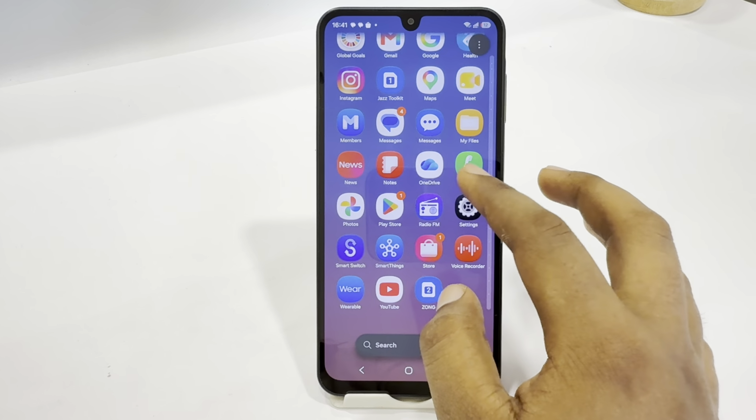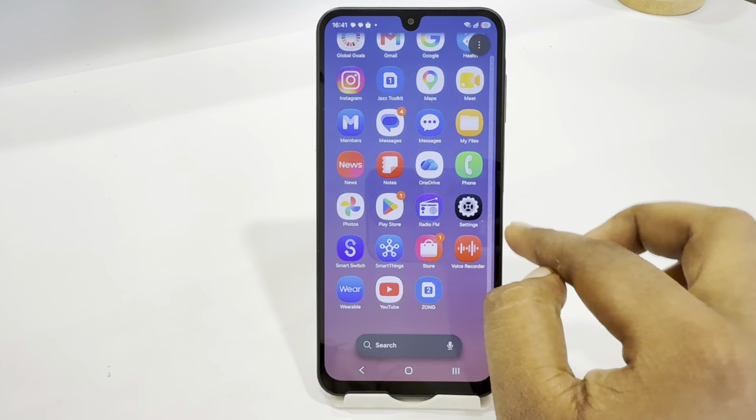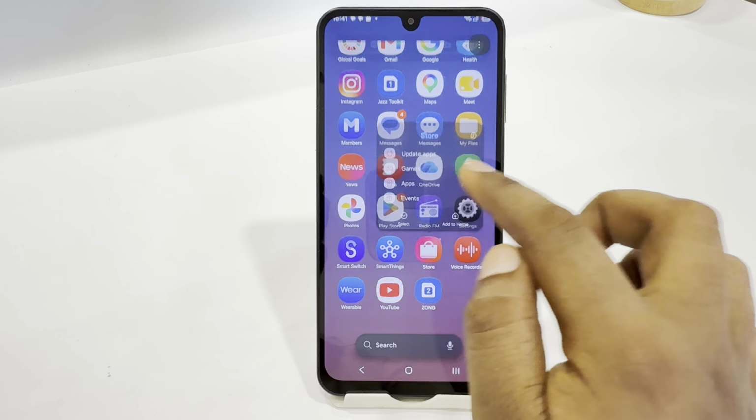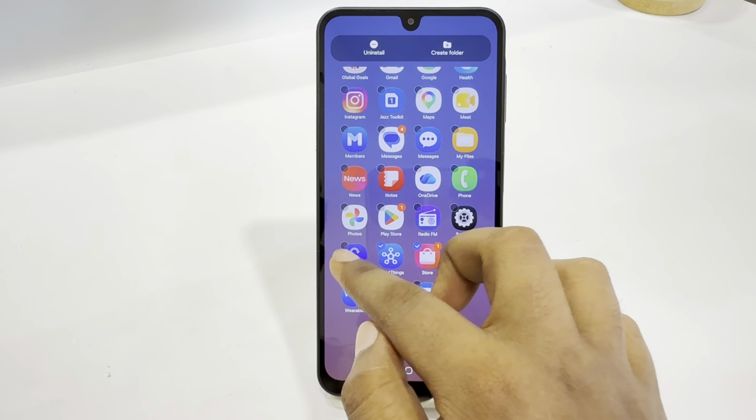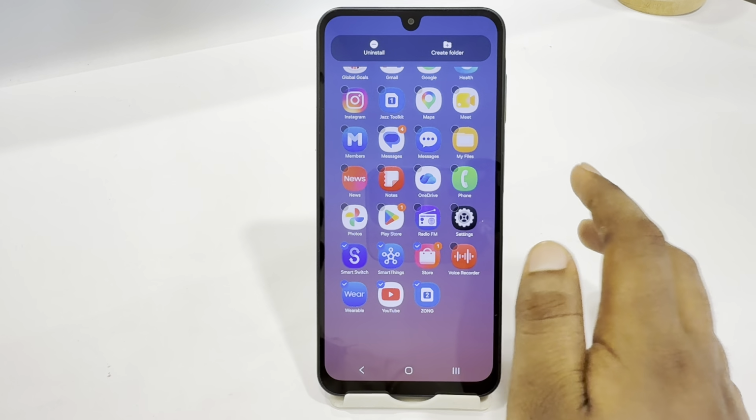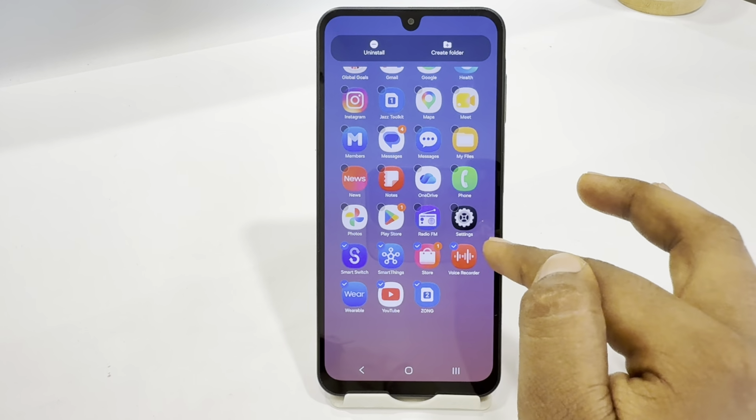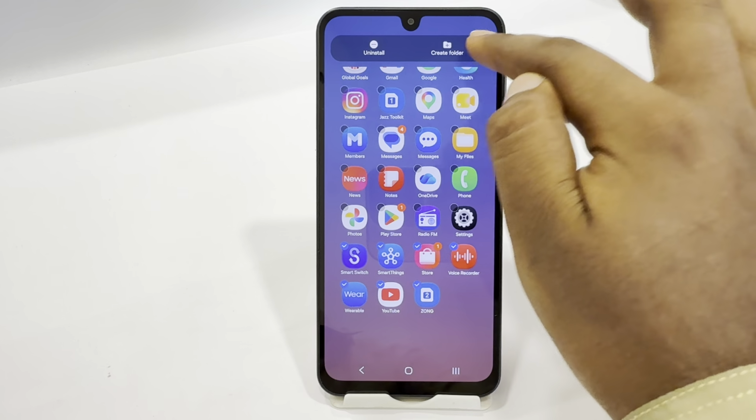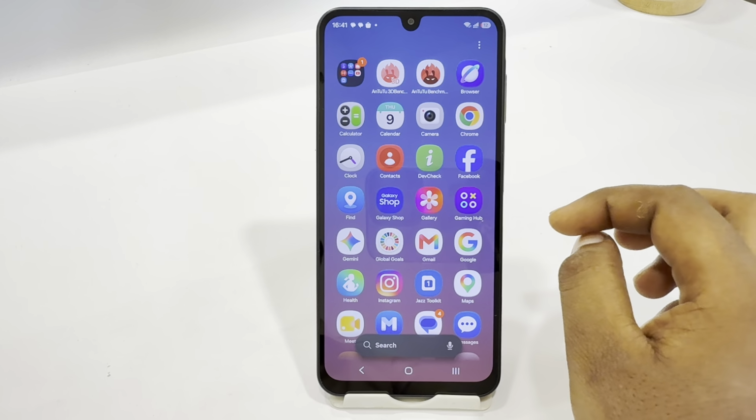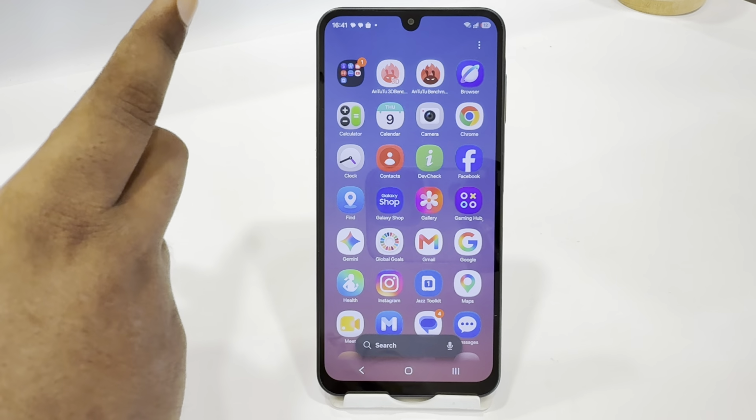So the very first thing, you just have to long press on any app in your app screen, then click Select. Once I've clicked on Select, you have to select multiple apps you want to add in a single folder. Once you have selected, just click on this Create folder option over here. Click on it. All your apps will be moved into a folder and your folder will be moved to the top